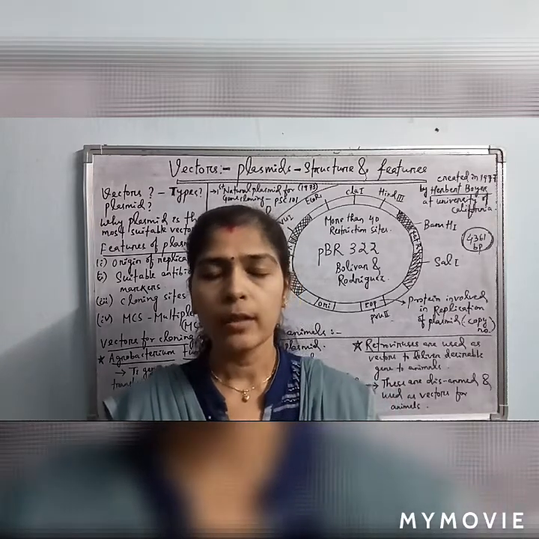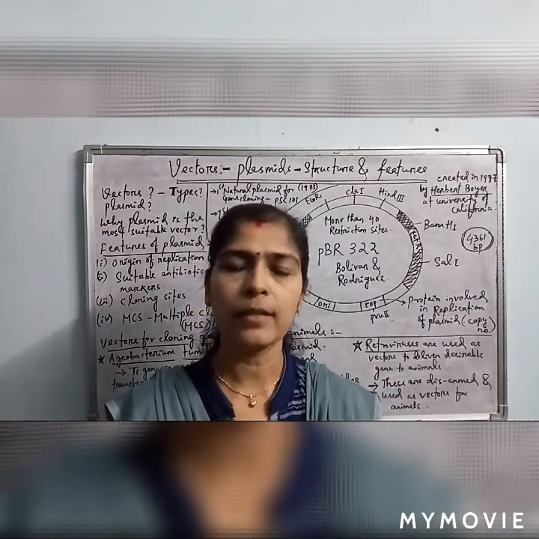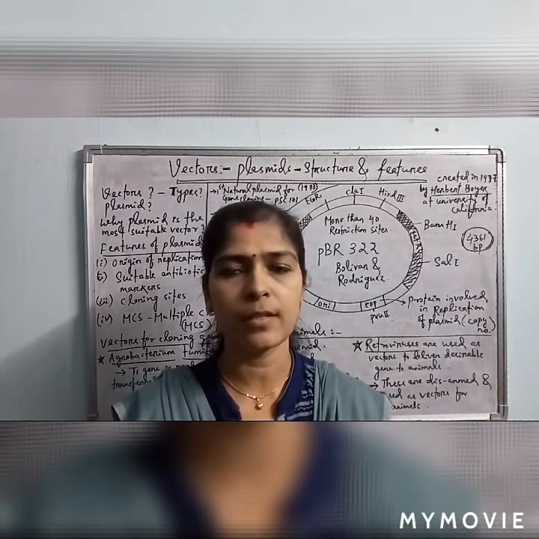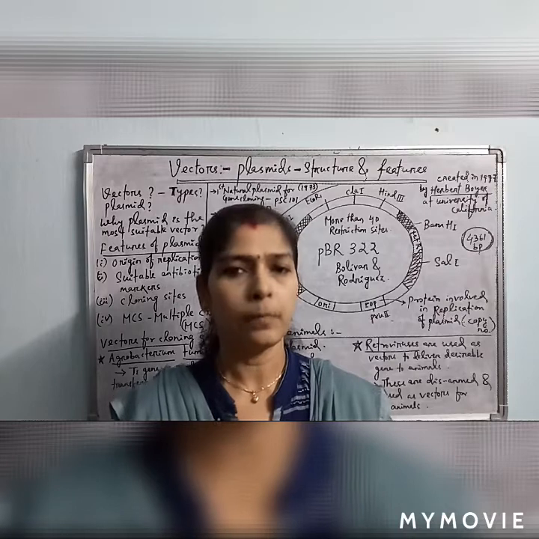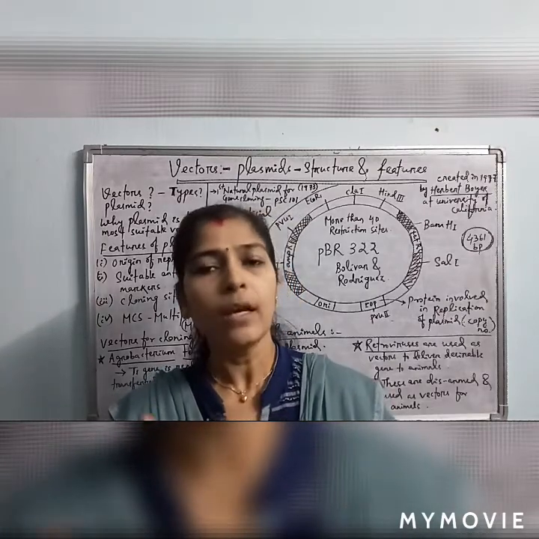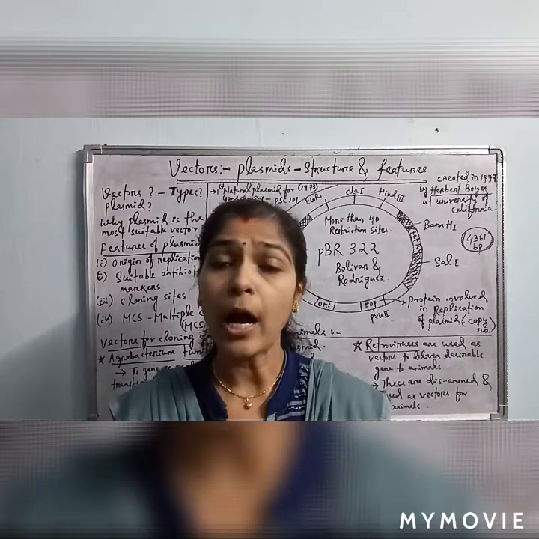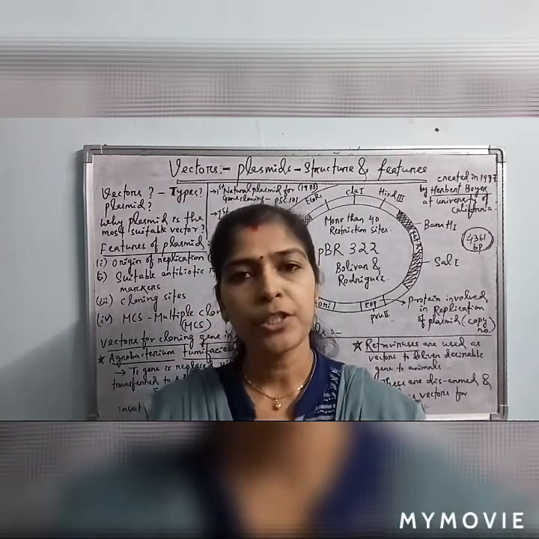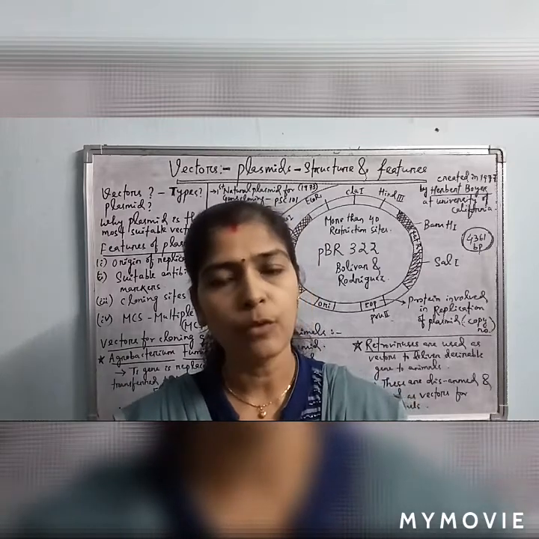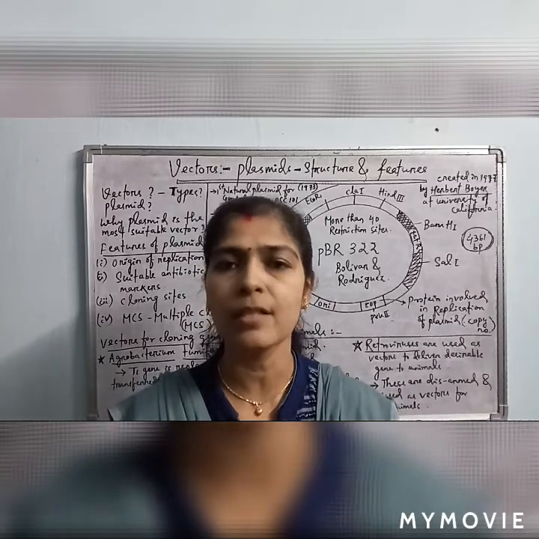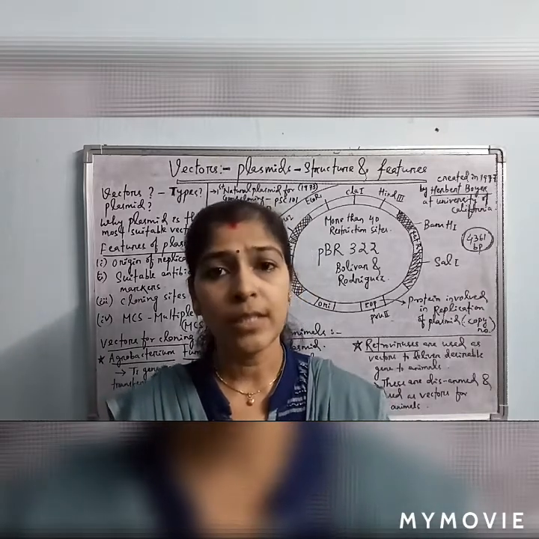In the embryonic stage, plants can be transformed with any desired gene to be disease resistant, pest resistant, or for high productivity or drought resistance. Different genes can be inserted into plants. So how is it done? Mostly in plants, Agrobacterium tumefaciens is the bacterium which can infect plants. Agrobacterium tumefaciens has a plasmid called the Ti plasmid.